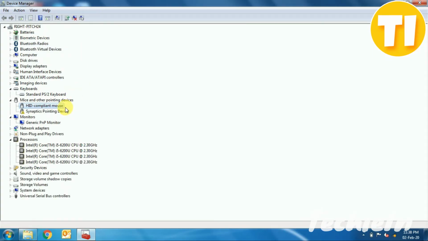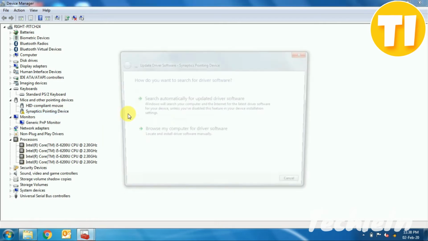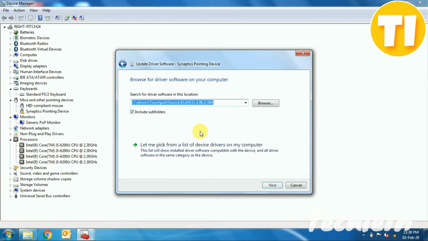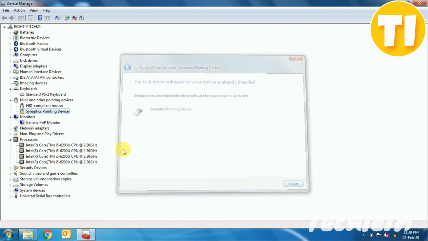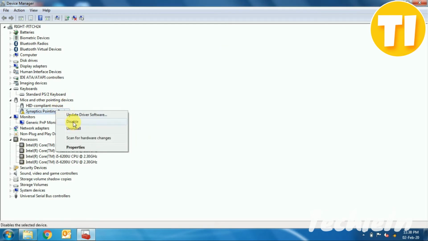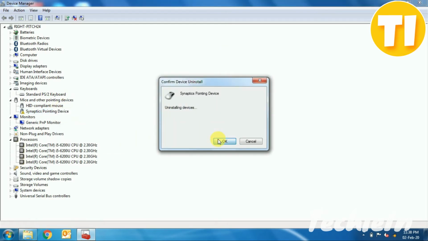Locate your touchpad, right click the icon and select Update driver software. Click Search automatically for updated driver software. If it is not working, right click your touchpad driver and uninstall it completely. Once it is completely uninstalled,